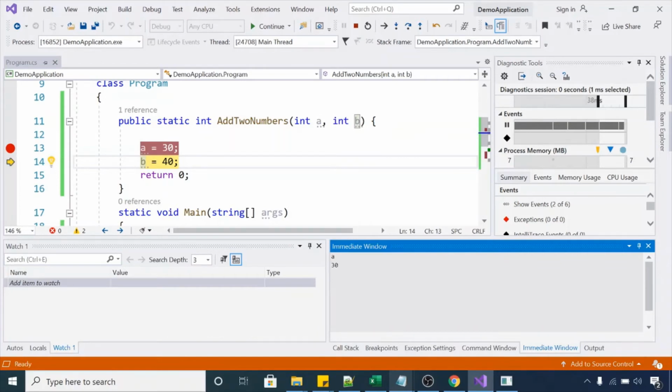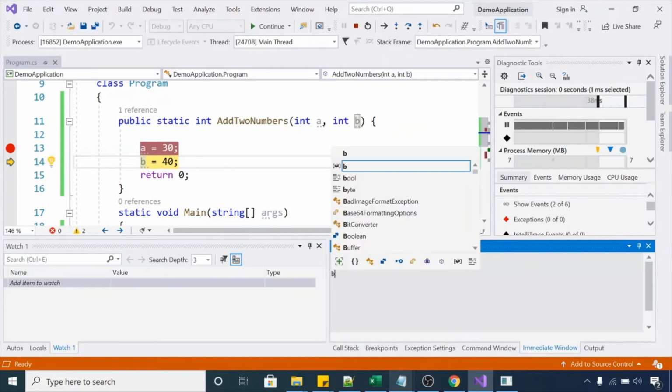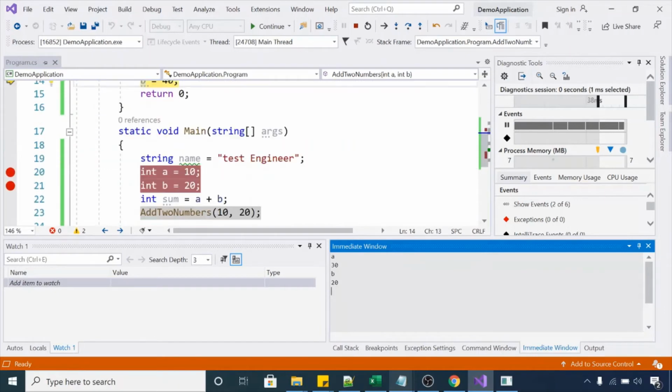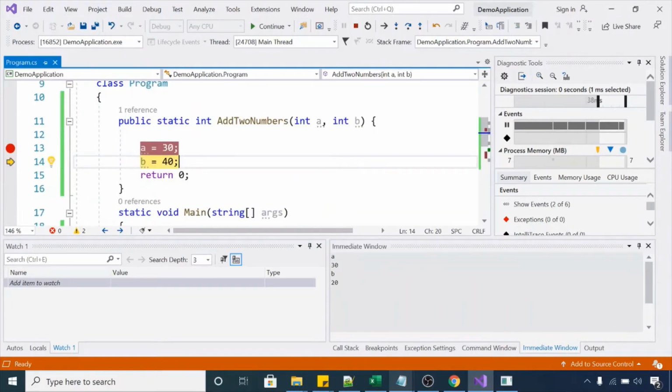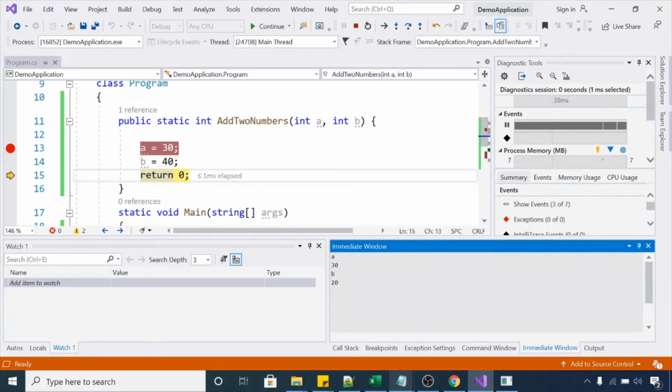It's giving us 30. Let me try the value of b. We just assigned 20 to b and line 14 is still not executed, that's why it's giving 20. Now if I execute line number 14, it will update the value of b to 40. Now if we fetch the value of b here, it will give us 40. Have a look, it's giving us 40.